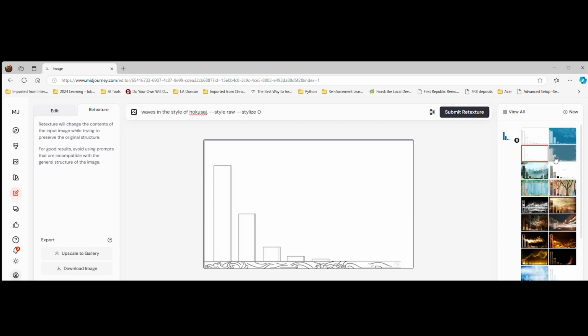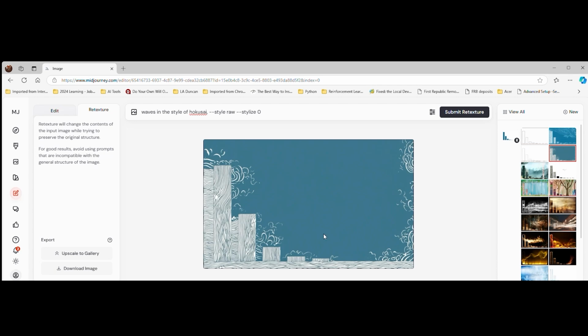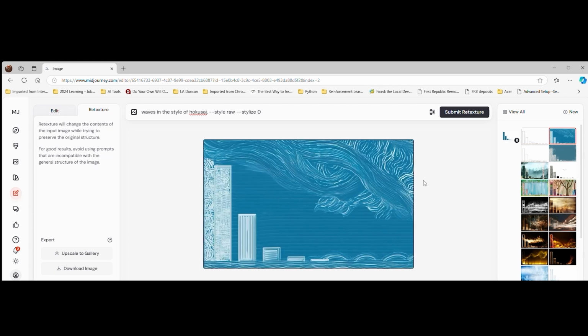So that one's not very useful. That one's pretty fun, but we're kind of losing the bars there. This one's not bad either. I bet if you mess with this, you could probably get something pretty good out of it. Let's try something else like